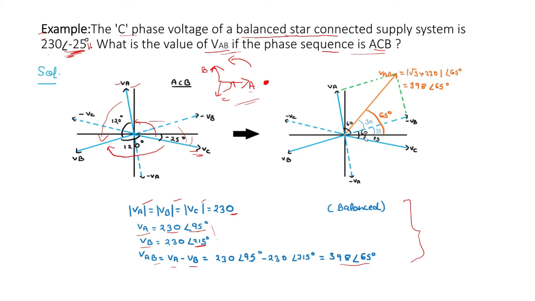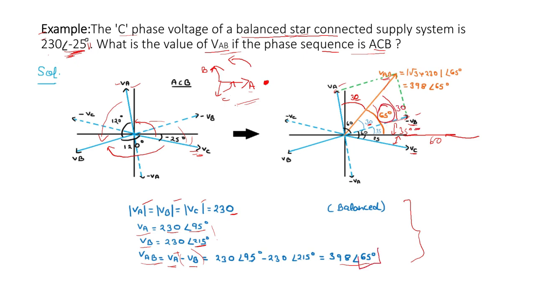And now using the phasor diagram. What is VAB? VAB is the sum of VA plus minus VB. So this is your minus VB and this is your VA. We all know that the angle between minus VB and VC is 60 degrees, but VC is at minus 25 degrees, therefore this angle becomes 35 degrees. And since it is a balanced star connected system, these both quantities have the same value. So VAB is bisecting this angle, meaning this angle is 30 degrees and this angle is also 30 degrees. So when we compare this VAB with the reference, it is 30 degrees and then this 35 degrees. So the total angle is 65 degrees.